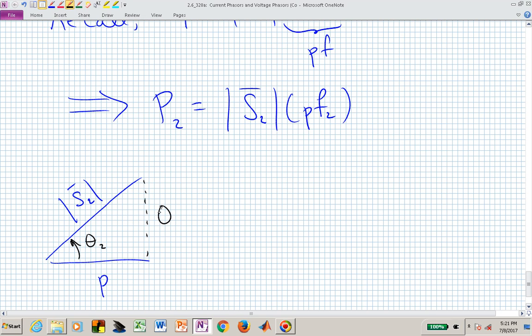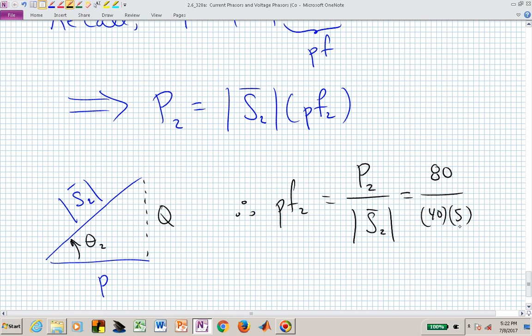We maybe don't know what Q is, but we can find that also if we now know the hypotenuse and one of the sides. And so from this, let's go ahead and figure out what we have. We can find then that the power factor of load number 2 is P2 over the apparent power of load 2. We were told this was 80, and we had a voltage of 40 amplitude and a current amplitude of 5. So that now we have, well, if we just start simplifying this a little bit,